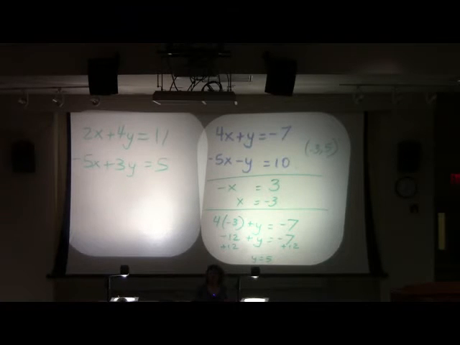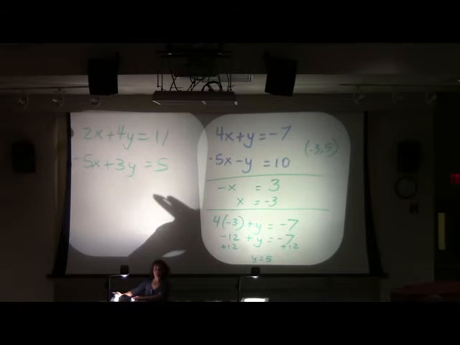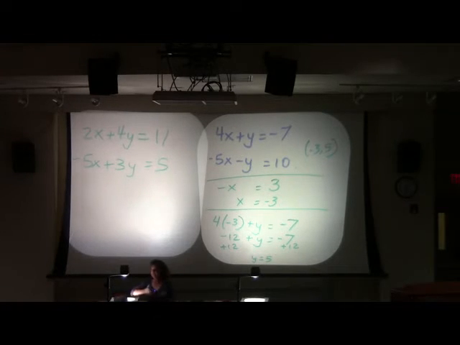So let's just pick a variable. Who do you want to get rid of? X? Me too. Do you want to know why I wanted to get rid of x? Probably not, but I'll tell you anyways. The reason why is I already have a negative and a positive. Really not a very significant thing.